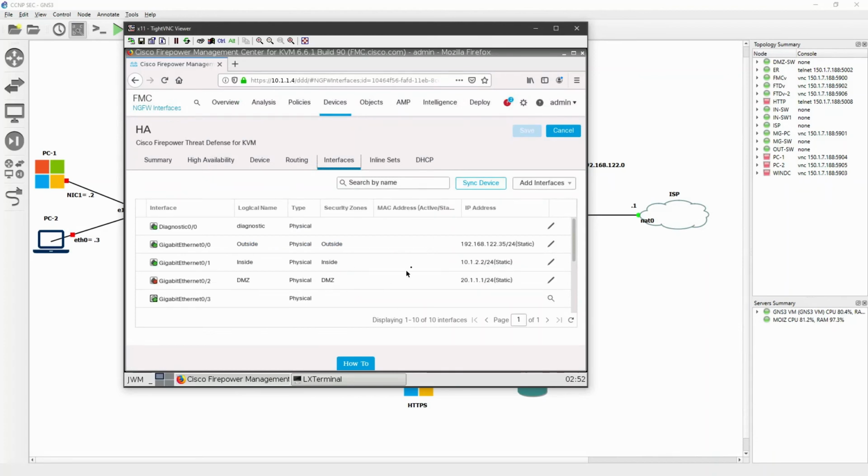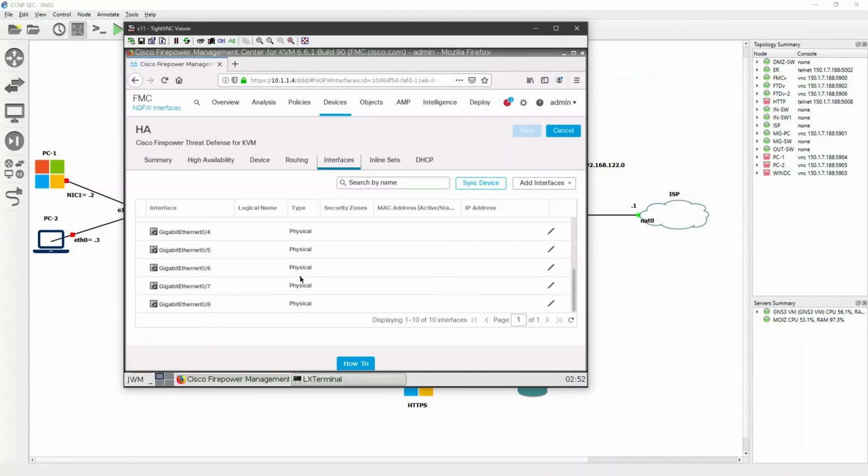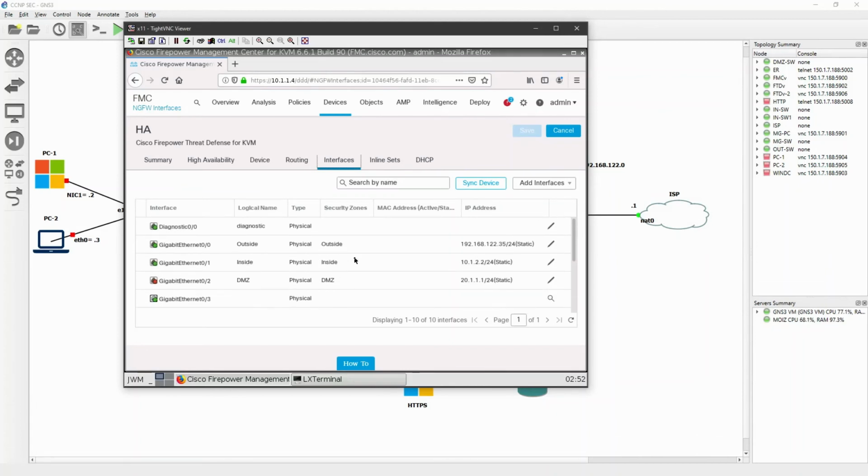Now you can configure your interfaces from here. G0/3 was your failover link, so you are not able to do anything for that one. DMZ is down because we did not connect the DMZ yet. So now you can use the different interfaces which are left. As usual, you can do your normal configuration, your routing and everything as normal, which we have done previously.